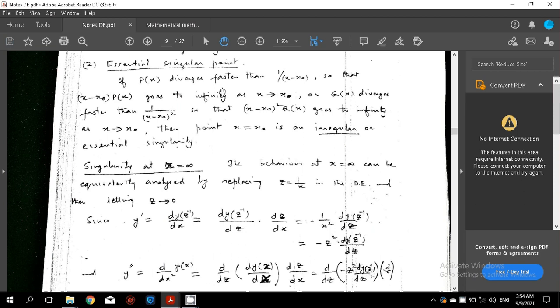So what is the role of this? What is the type of point z is equal to, z naught is equal to infinity? That is the asymptotic behavior of the differential equation. Because when we are dealing with functions, physical functions, for example the electrostatic potential due to a charge density at a point distant r from this distribution of charge,